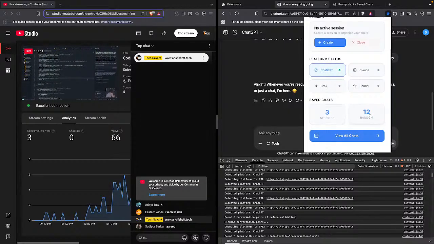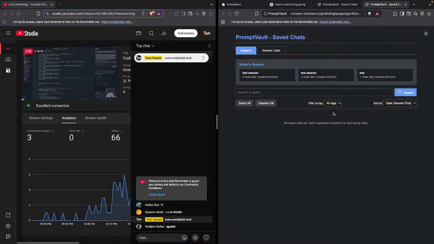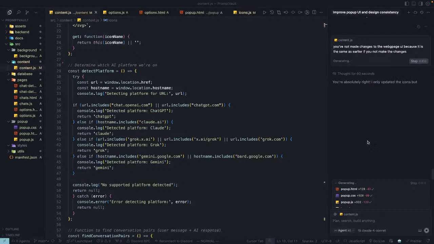Anyways, it is showing that we have 3 sessions and 12 random sessions. Then we will go to the chats, and here it is the same. So the chats should be updated. I am not able to fix the icons. The actual save button styling on the web page. Wait, if I just